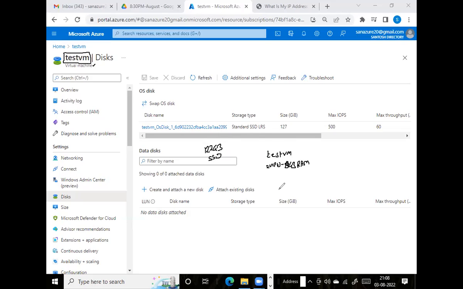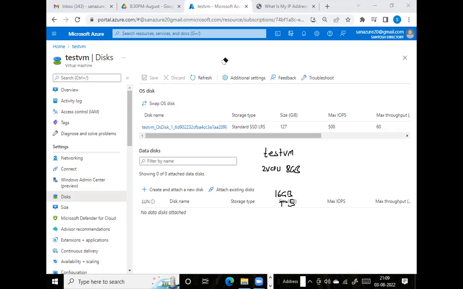And this VM also has 16 GB of temporary storage. Let me write it down clearly. Test VM with 2-core CPU, 8 GB RAM, and a 16 GB temporary storage,